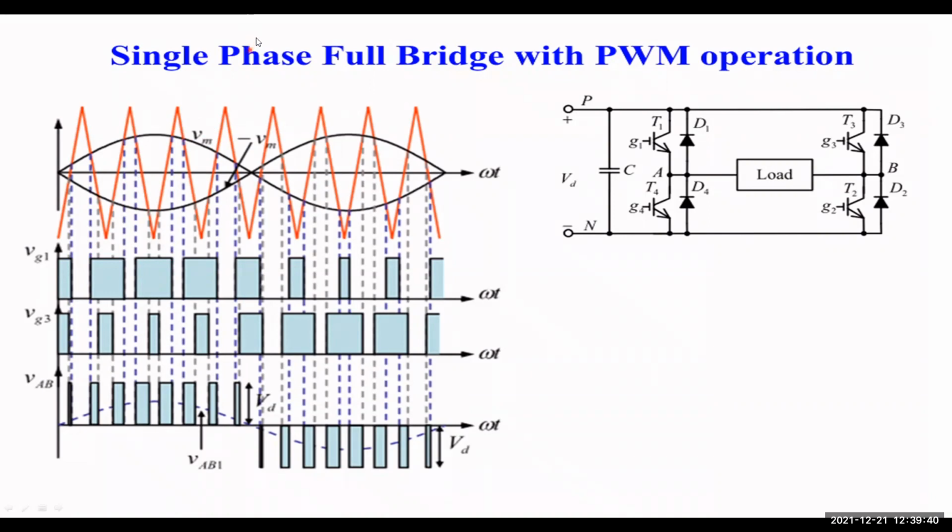From here to here, the reference signal is greater than the carrier signal, then a gate pulse is generated. So next, for the positive half cycle like this, and similarly for the negative half cycle, the comparator compares the two signals. For the negative half cycle, when the reference signal is greater than the carrier signal, that is, minus Vr is greater than minus Vc, then we will generate this type of output. Fine.